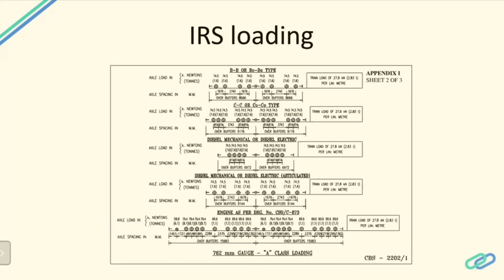So you can see here wherever that circle is mentioned, that is the wheel of the train, and that has to be taken as a loading. Usually when I worked on the Chennai Metro Rail project, I took an axle load of 14 kilonewton. So that was the load given by the Metro Rail authorities.